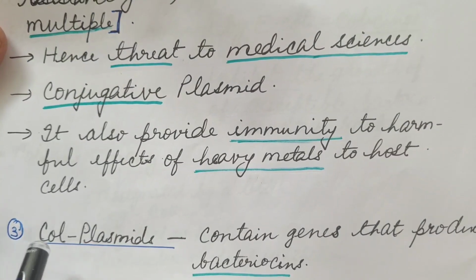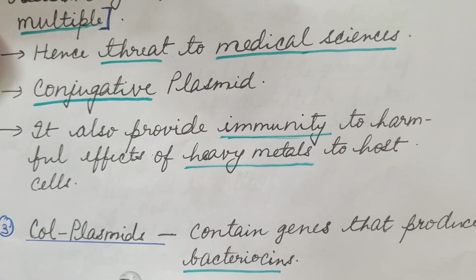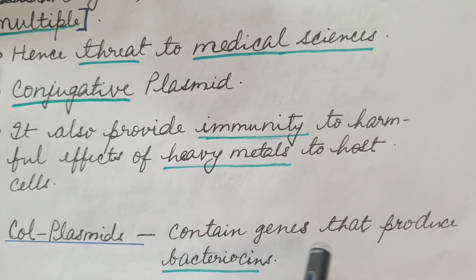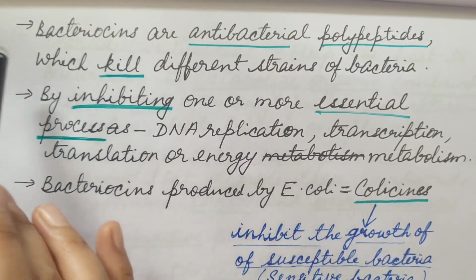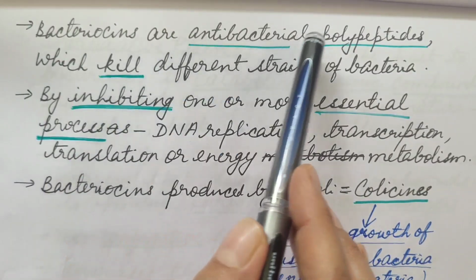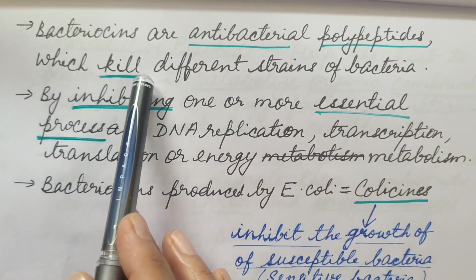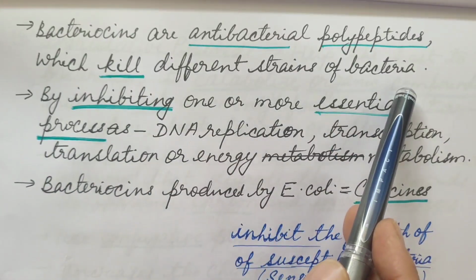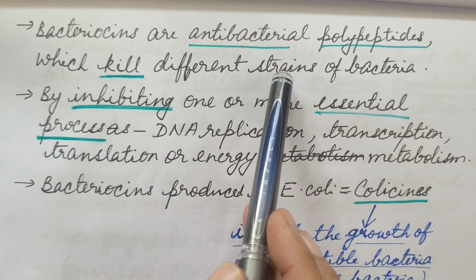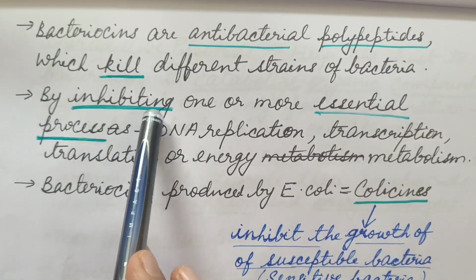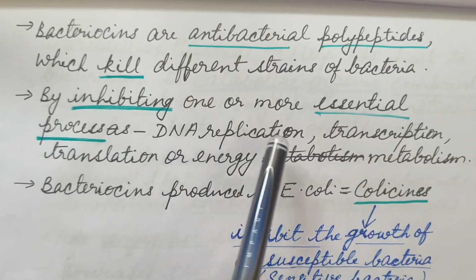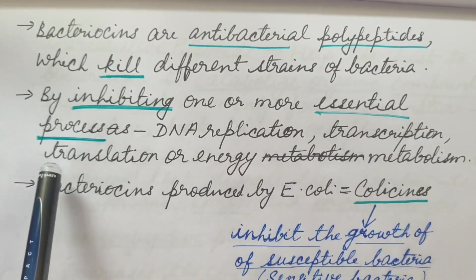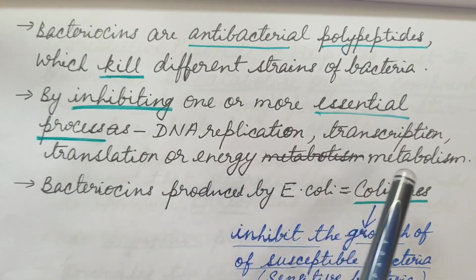Now, the third type of plasmid is Col plasmids. Col plasmids contain genes that produce bacteriocins. So now, what are bacteriocins? Bacteriocins are antibacterial polypeptides which kill different strains of bacteria. And how do they kill bacteria? By inhibiting one or more essential processes such as DNA replication, transcription, translation, or energy